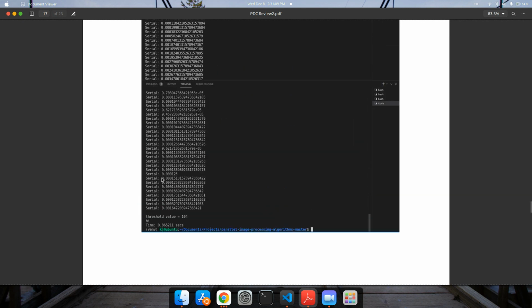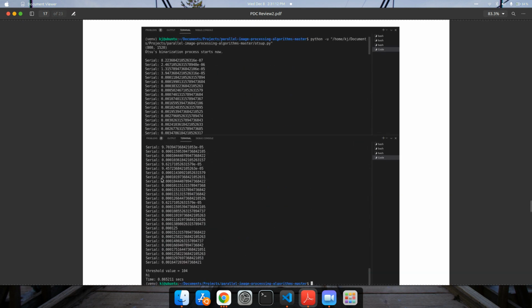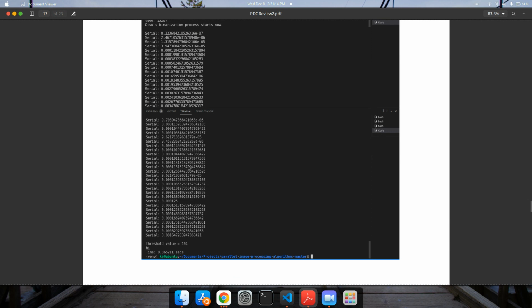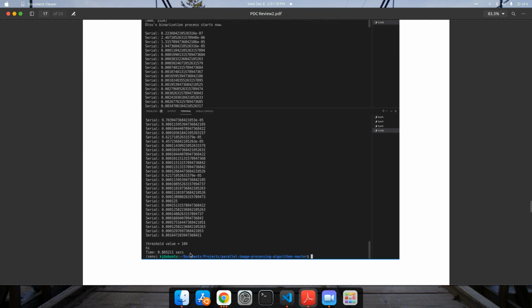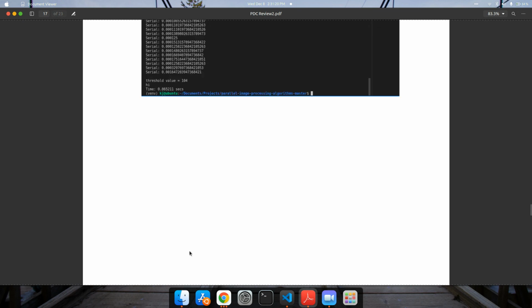So here we can also say parallelization is really amazing in comparison to serialization because it reduces the time to one third, which is really great.